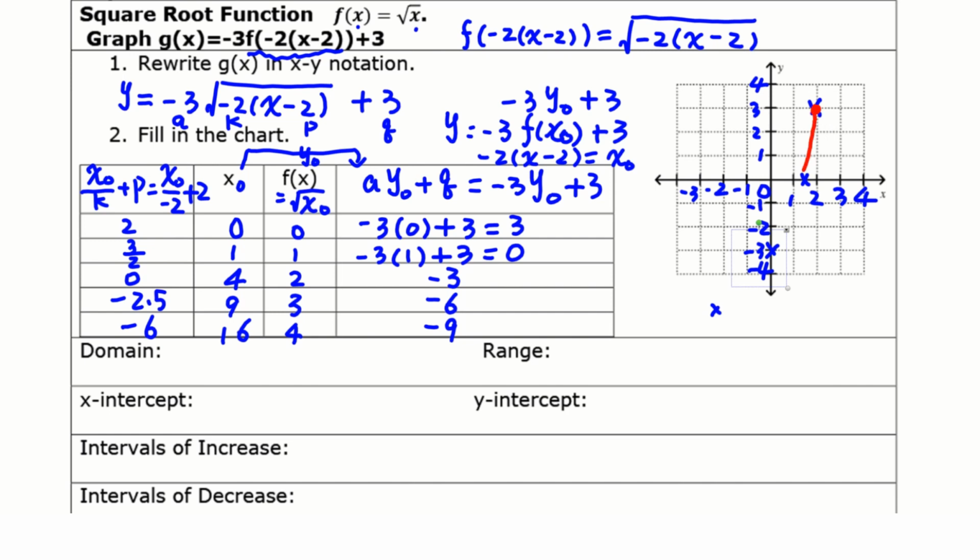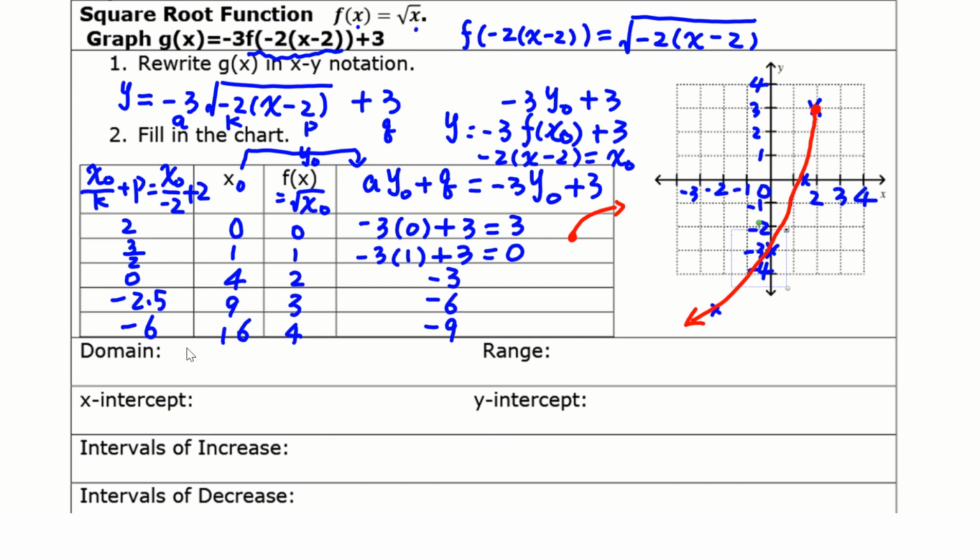It will all the way go this way. The reason for that is a parent function. This is a 0, then this way. So this is starting point, then it won't pass this point. The reason for that is if x is greater than 2, you will have a square root of a negative, so it's not allowed. So this is your transformed